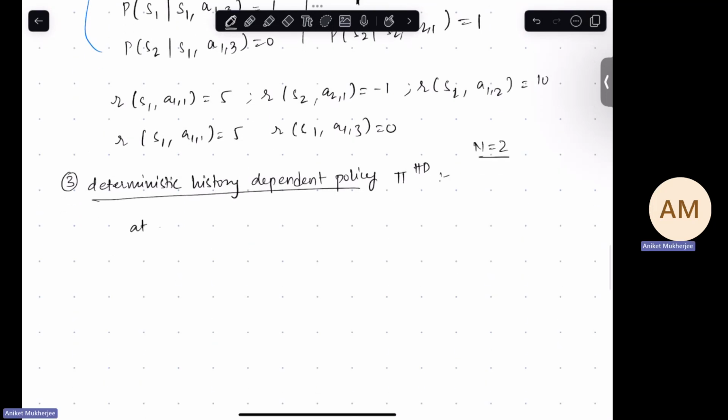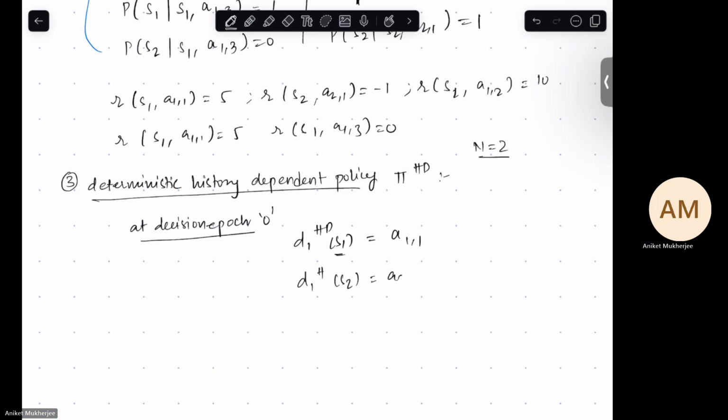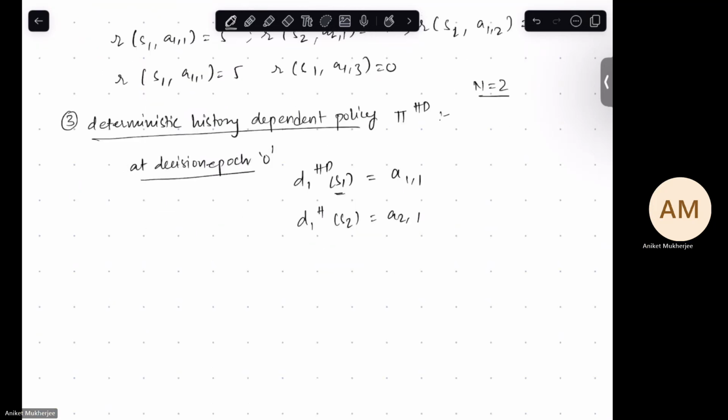So at decision epoch 0, I have D1 HD S1. So if I have at state S1, because there is no history now, I'm at point 0. There is nothing back other than me giving you which state you are at. So you just take the decision based on which state you are at, right? But at decision epoch 1,